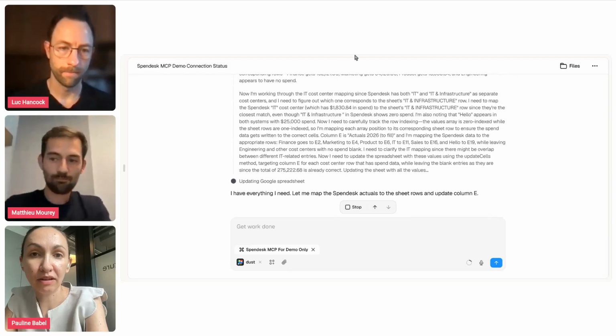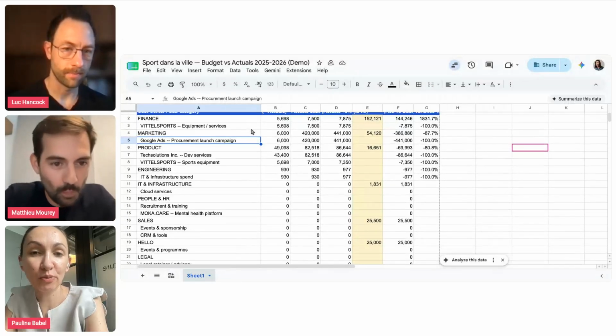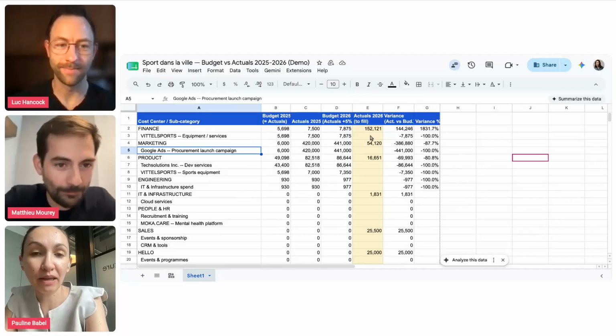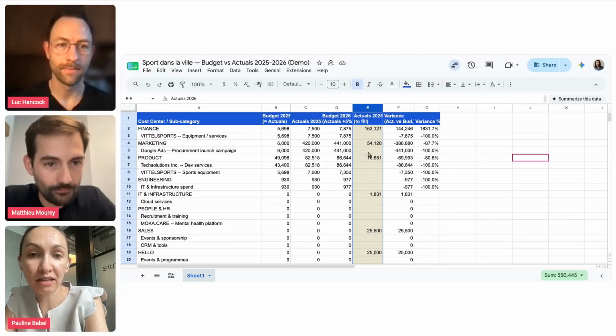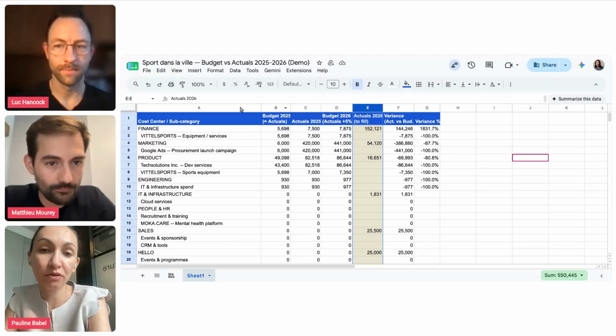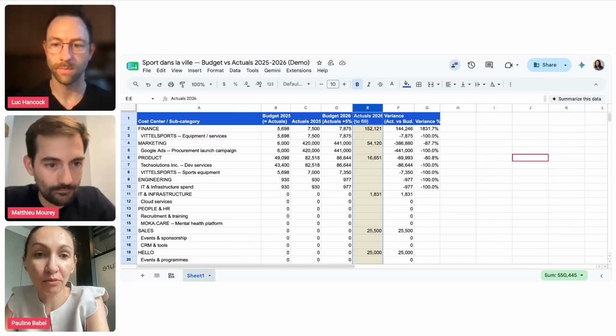And now it's getting to fill it. Voila. So it was not me, it's how the MCP does it. It recognized the columns to populate, and then pulled the data through the MCP from the Spendesk demo environment. And then it's telling me a summary.